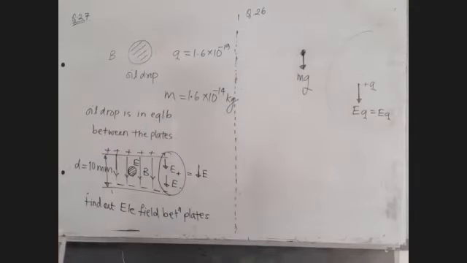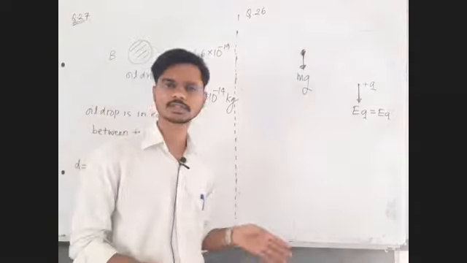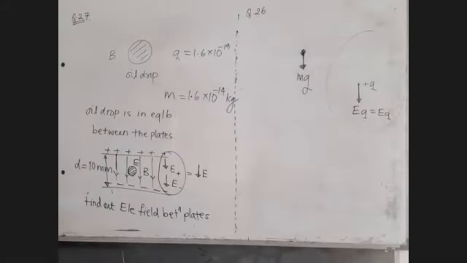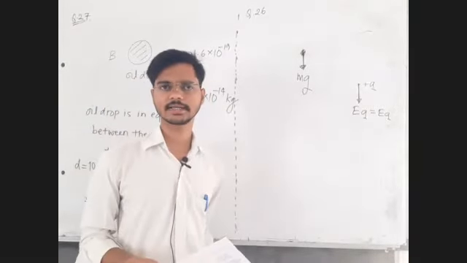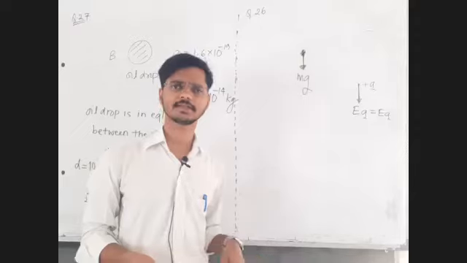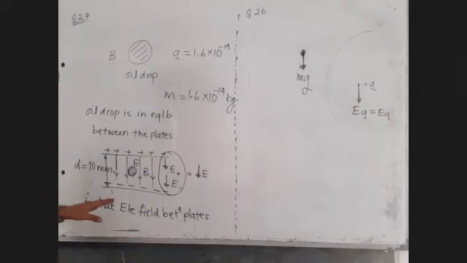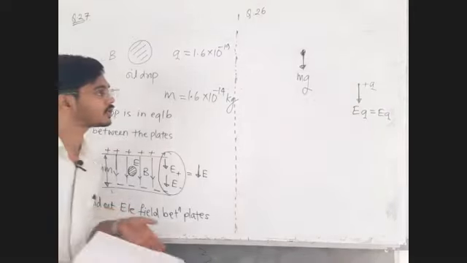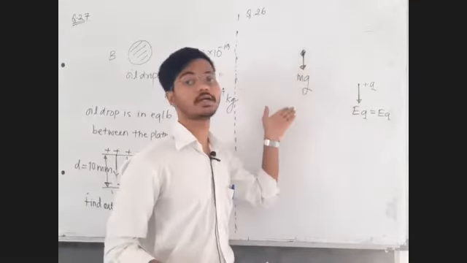Okay. So in this situation, who will balance the weight of this charged particle now? Is it possible that in this situation the charge will remain stationary? Reply to me in the chat box. In this situation, will the charge be in equilibrium? Because there is no one to balance the weight. Rather, this EQ, instead of balancing the weight, is again pulling it downward.